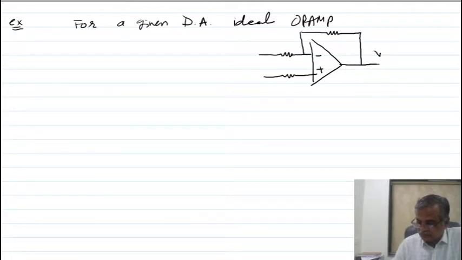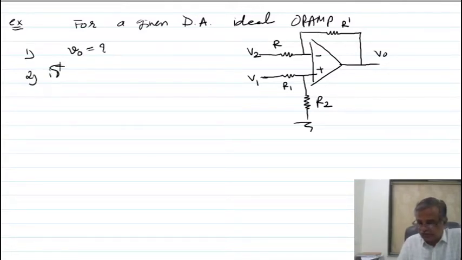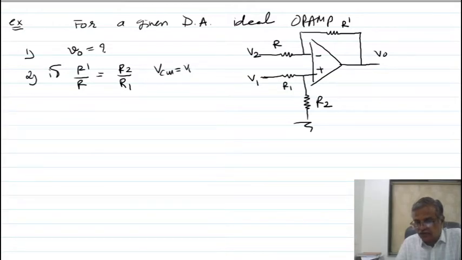This is given to you. This is R', this is R1, this is R2. For a given differential amplifier, first question, find the value of output voltage. Second question, if R' upon R is equal to R2 by R1, then show that the common mode signal